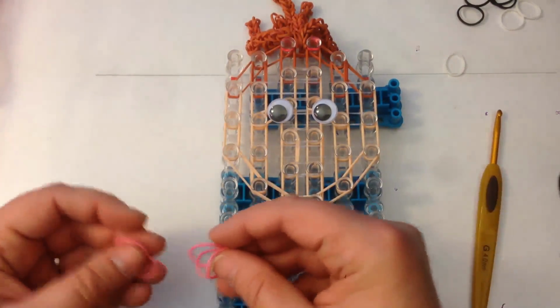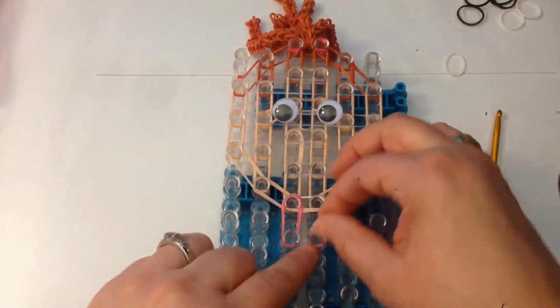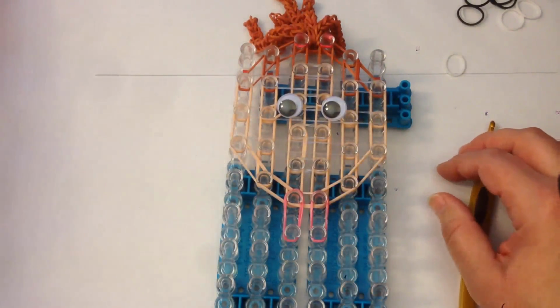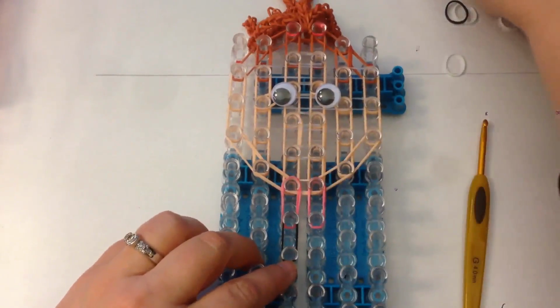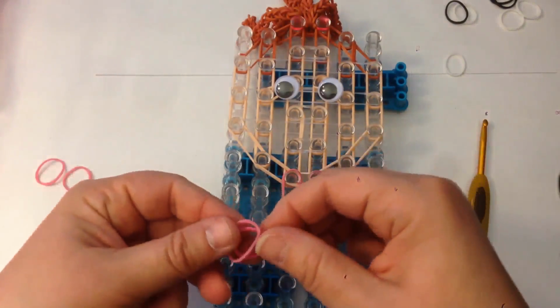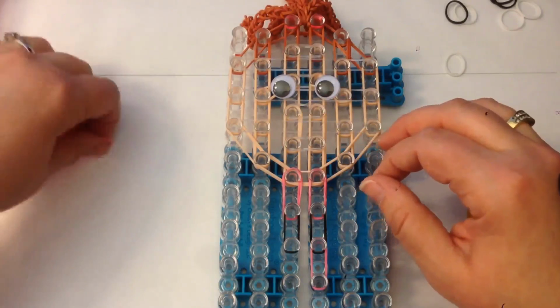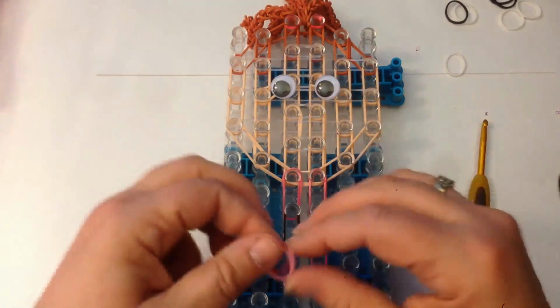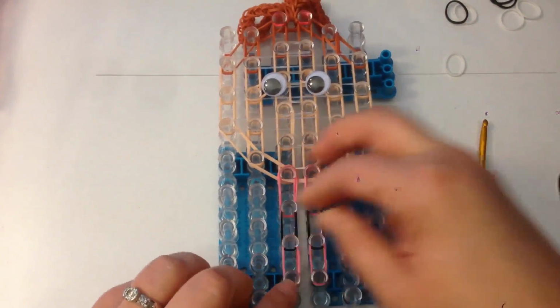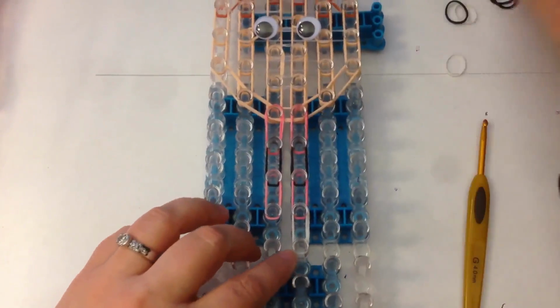things hurt. Alright, I'm using pink bands and I'm double banding still, and they are going to go here for her dress, and then she has a line of black, and then she has another line of pink for her dress. I'm trying to pick bands that aren't too stretched out of shape. Different brands of bands stretch differently, and I've noticed it can be quite a huge variance. I'm using 2 pair of white for her socks,